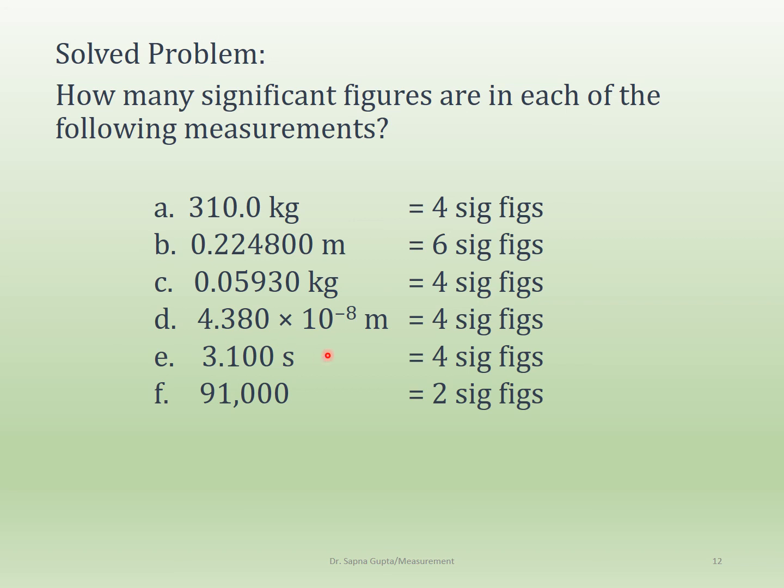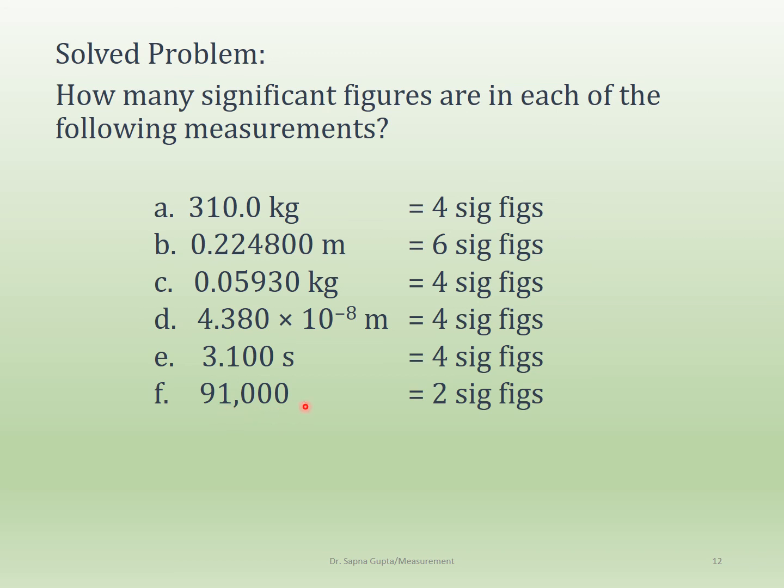In case of D, you have no zeros before the 4, but you have a 0 after the decimal point, and so this 0 will count, which means that we have 4 significant figures in this case. This exponent number does not count at all, so don't worry about exponents when you're asked for significant figures. E is 4 significant figures, and then F is going to be 2 significant figures, because here we are